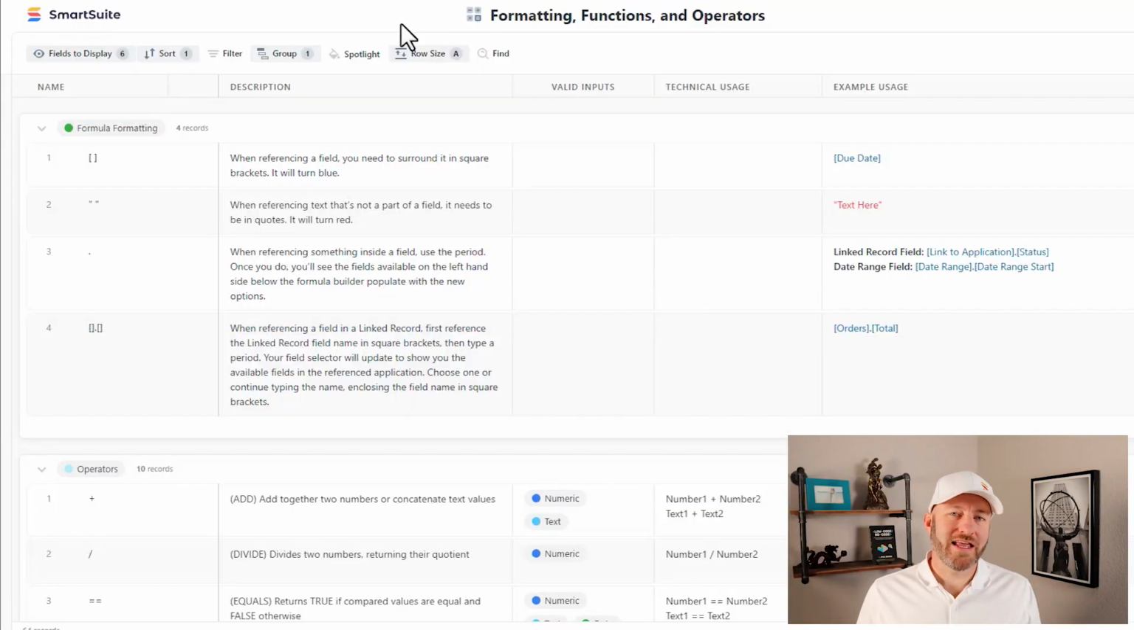Let's go ahead and jump on into it. There's a lot to cover here for all the different available things that SmartSuite has inside of its formulas. So we're going to drop into my screen where I am looking at a reference that SmartSuite has put together for all of the current formulas, functions, operators, formatting, all the things that are available inside of your formula fields for SmartSuite. So I'm going to just use this opportunity to go through the most common of these, and I